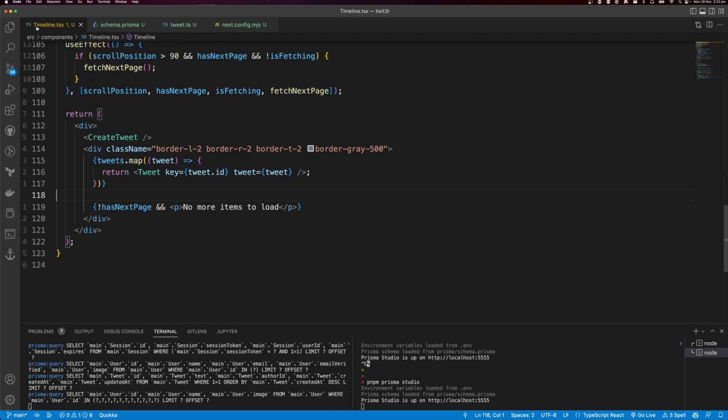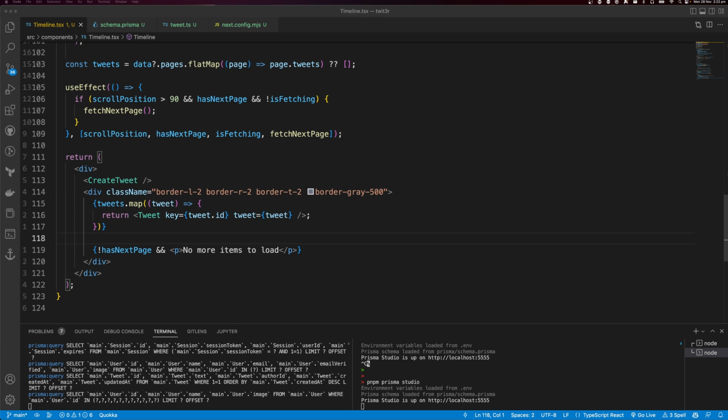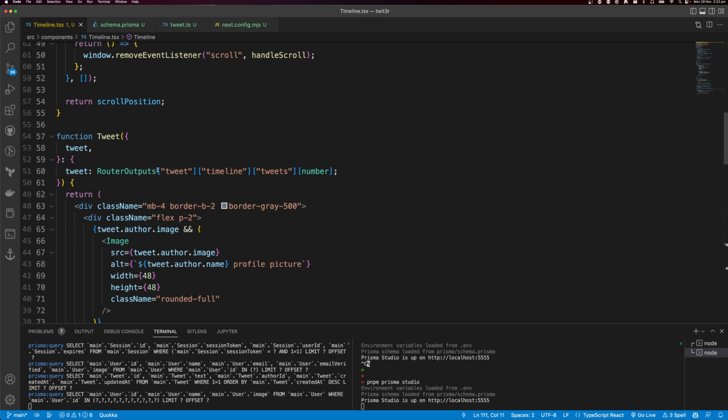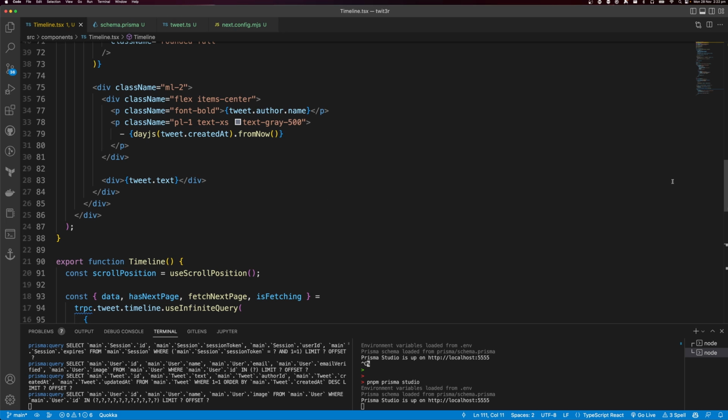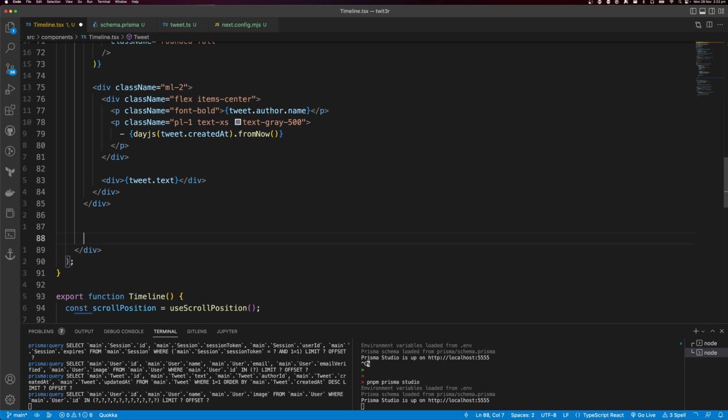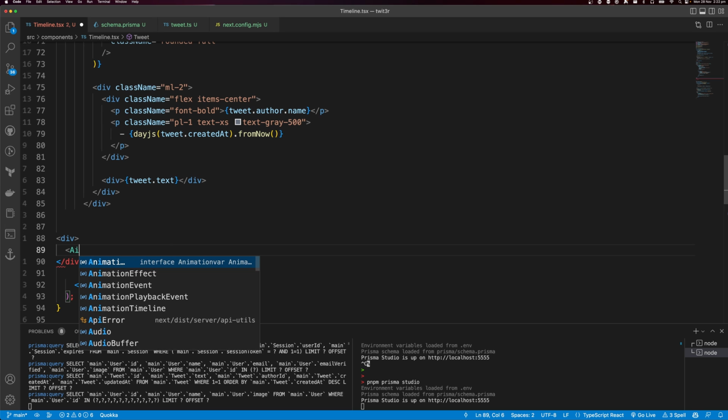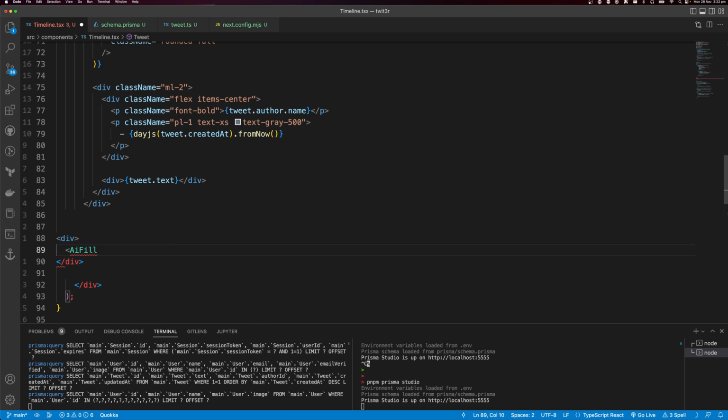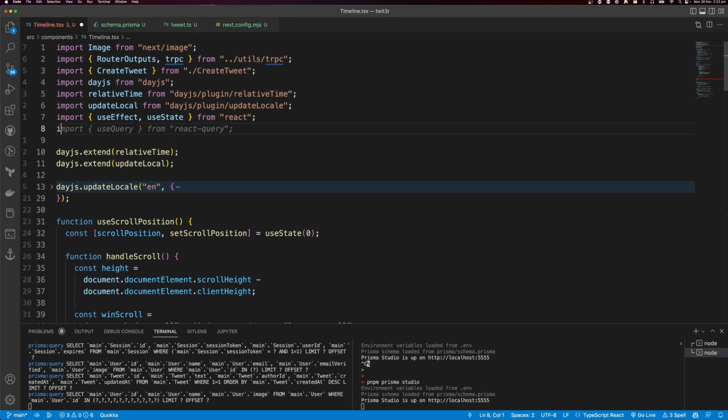So let's go over to our timeline, and I want to add a button that is going to call this mutation. So inside of our tweet function here, down below, for the last closing div, I'm going to have another div here. And inside of this div, I'm going to have AiFillHeart. And this is going to come from React Icons. So I need to import that. Import from